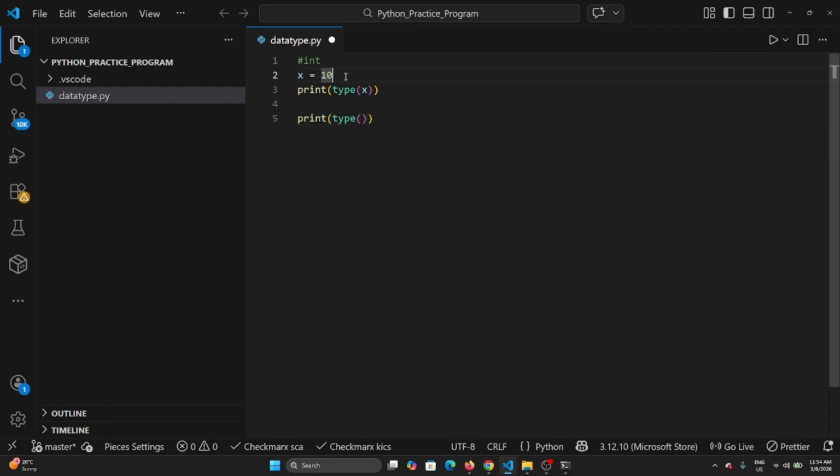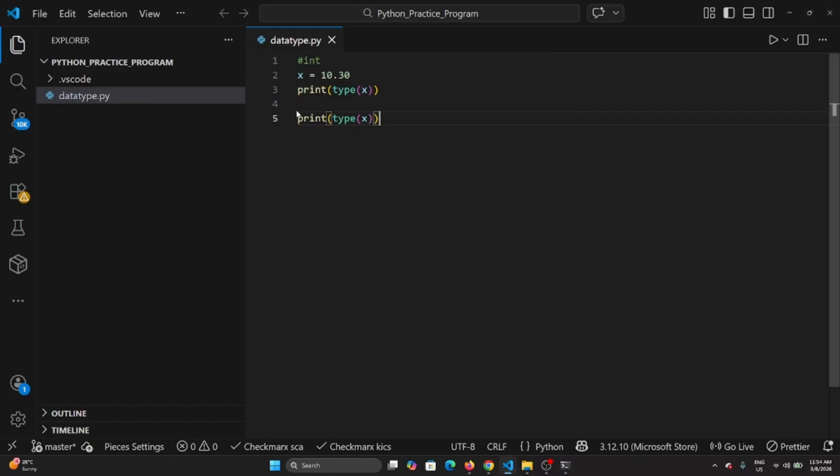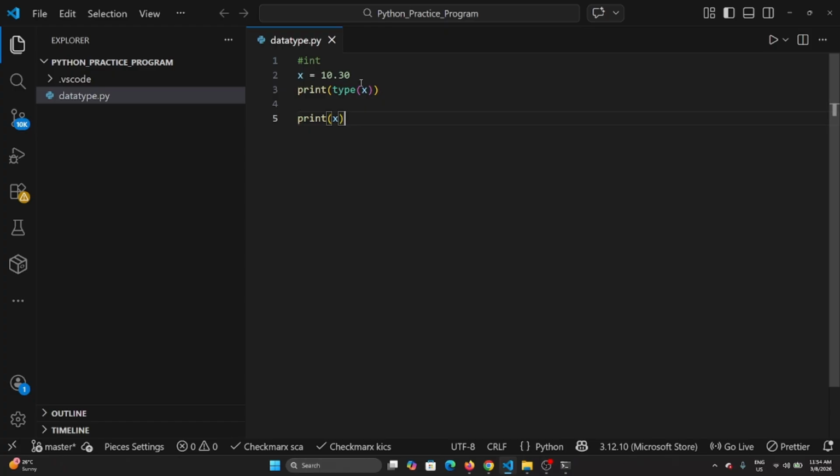Change value to the receiver. Now let me see which type it is. Now it's the float type. Why is it? Okay, now it's a float type, and if